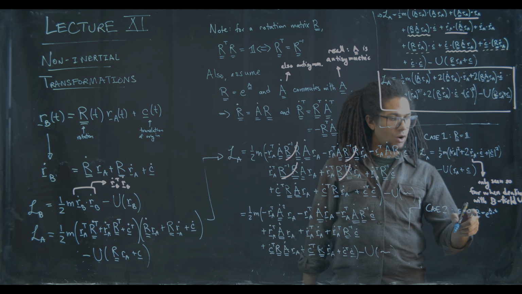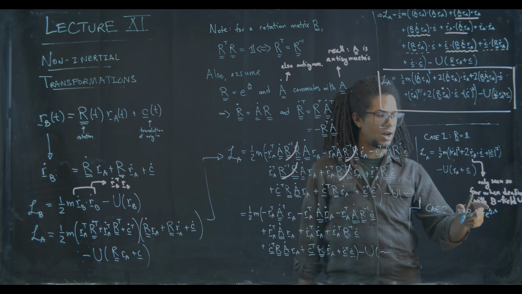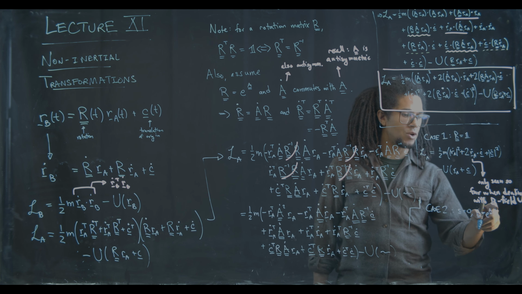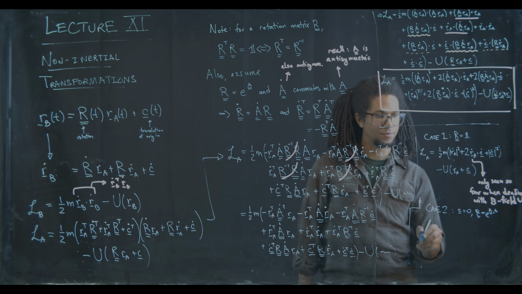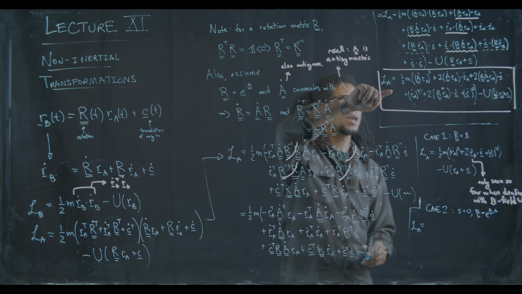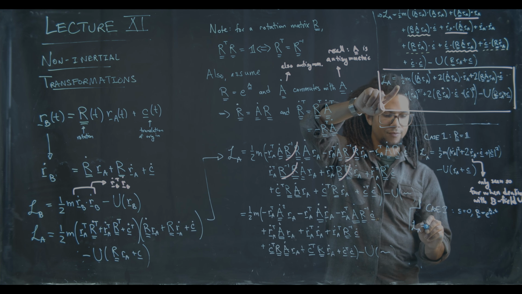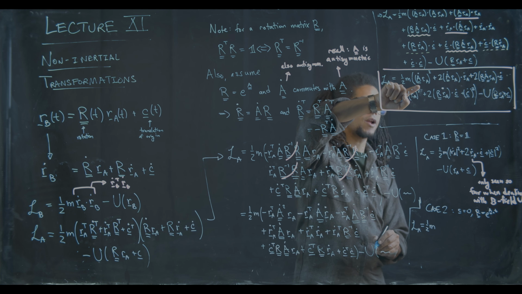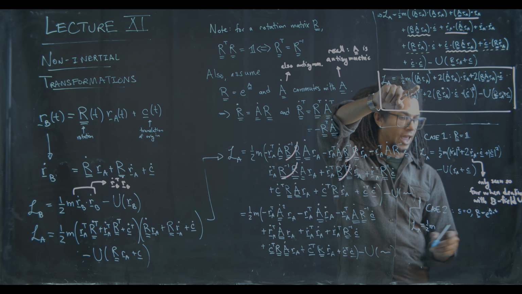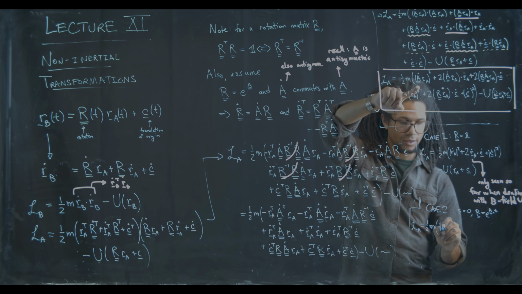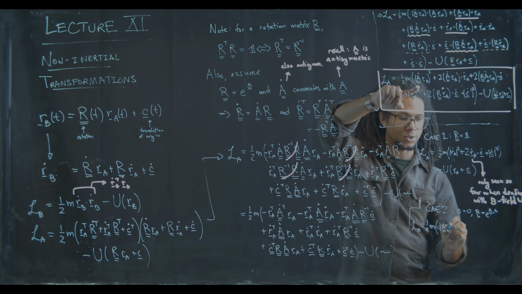This implies that R dot is going to be equal to A naught times R, and there will be no t involved. Great. Okay, so in that case, we have L sub A is equal to 1/2 m. Okay, remember A dot is just going to be equal to A naught. So this is A naught times RA, quantity squared,